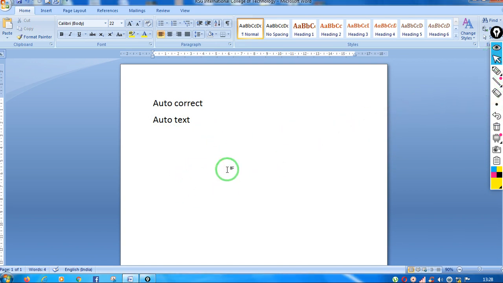To use the AutoText feature, first you have to save the AutoText in your AutoText gallery. First, you have to select the text. Suppose I want RSG International Institute of Technology UK.